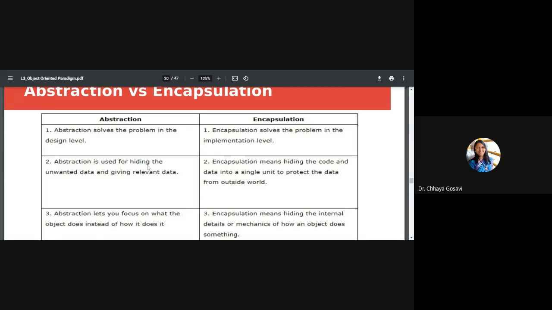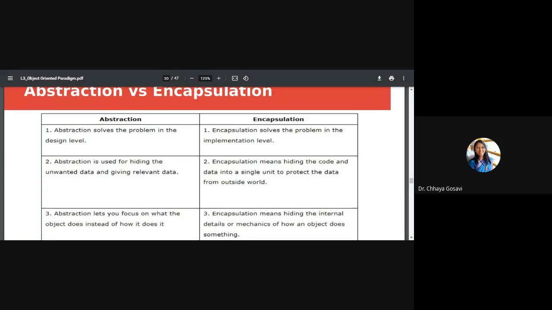Abstraction is used for hiding the unwanted data and giving relevant information, only whatever the user needs to know. For example, if I purchase a fan, I should know how to increase its speed and how to decrease its speed. That's it. I don't need to know how that machine works or how that motor rotates.